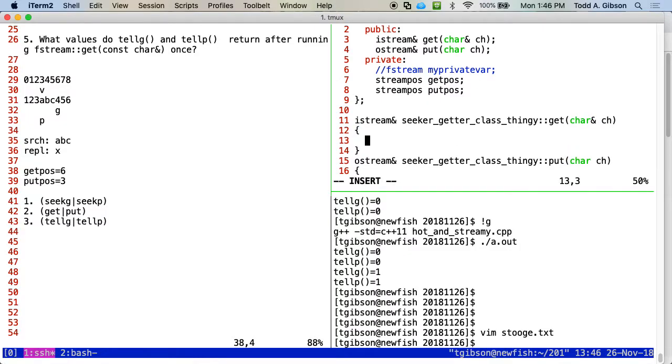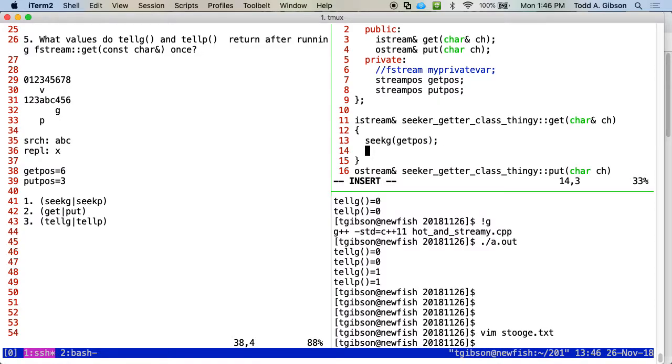It is hiding it, so I'd have to say the parent class name.